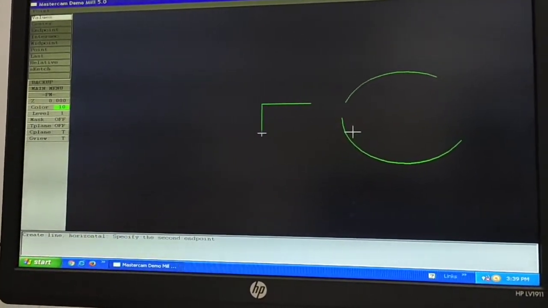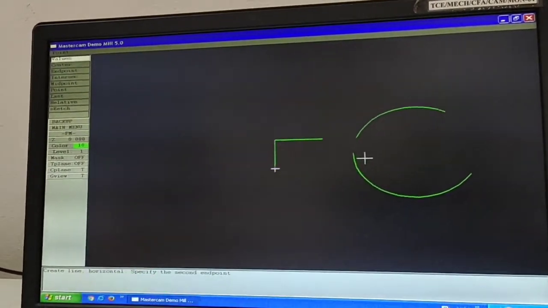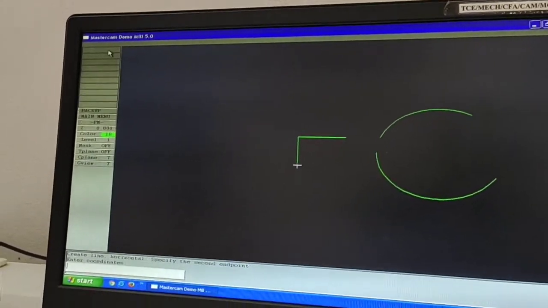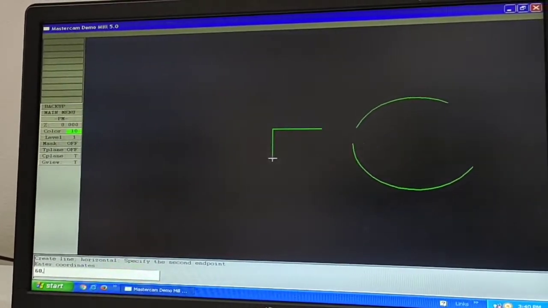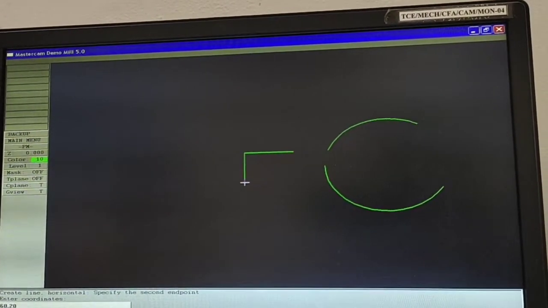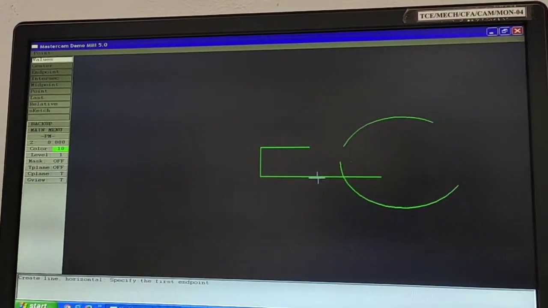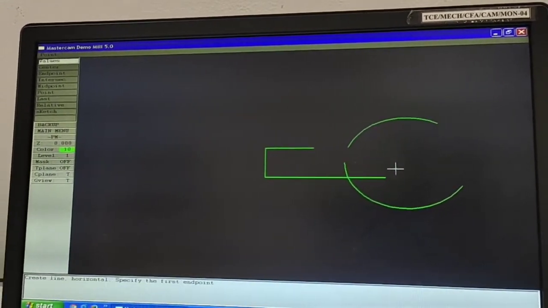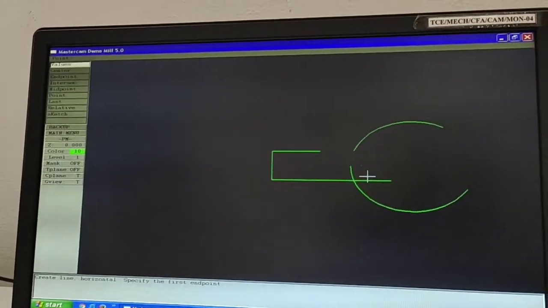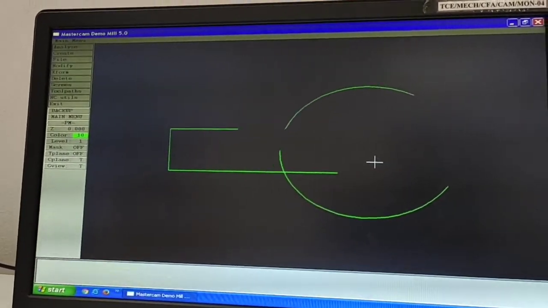Next I don't have the end point, so here approximate values x60, comma, 20. Enter. So the horizontal line cuts the arc. The next process will be to trim this section. So this is the next process. Again you enter Alt F1 to refit your window.